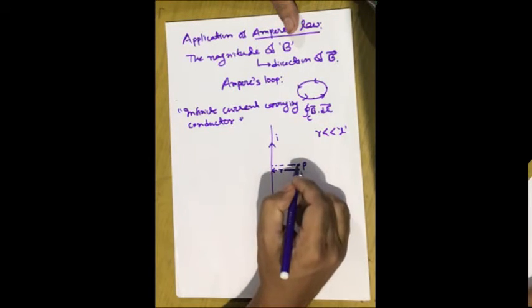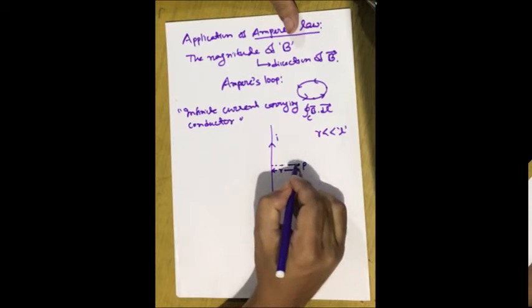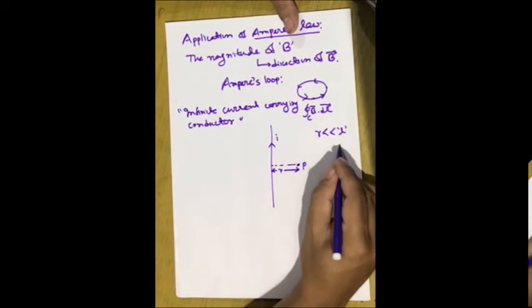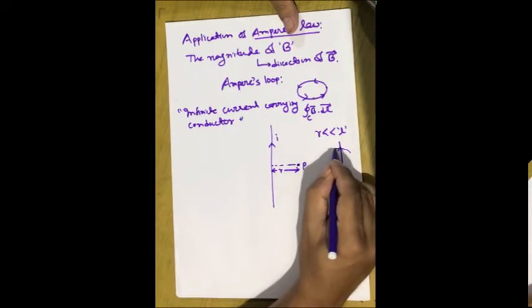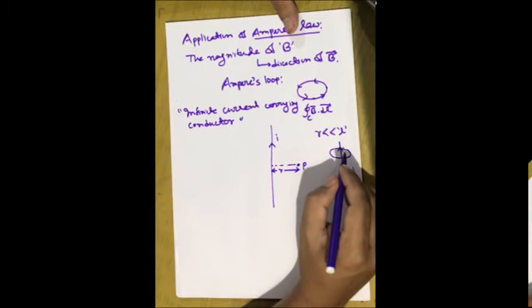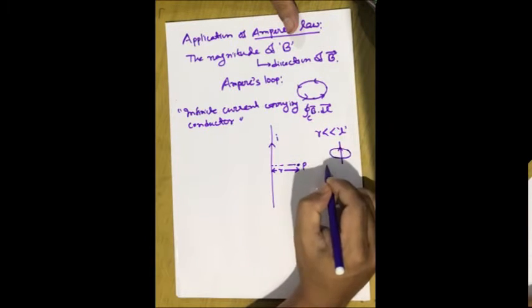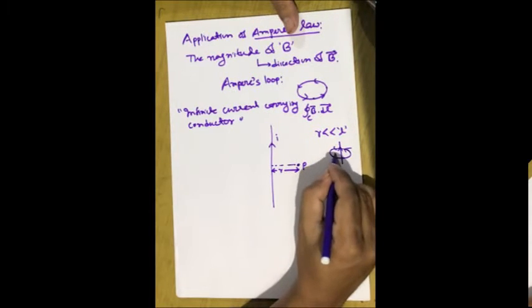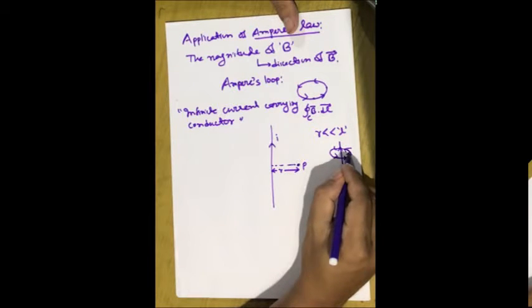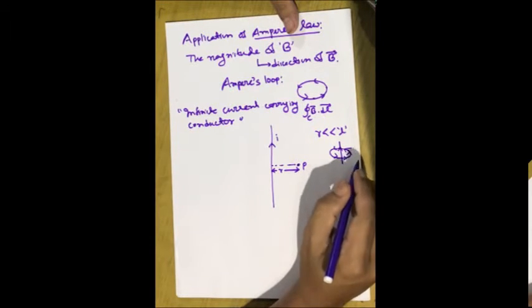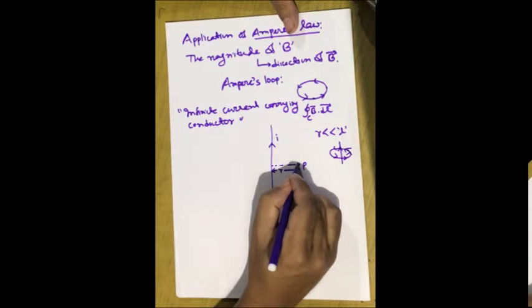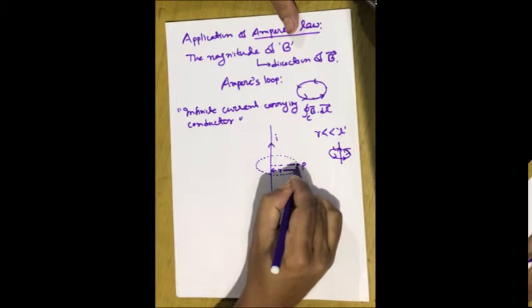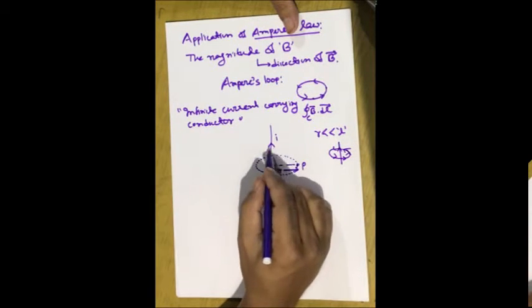So basically here we are going to determine the magnitude of the magnetic field at the point P. As you know, if the current I is along this direction, the magnetic lines of force will be in a circular direction surrounding the current carrying conductor. So the direction of the magnetic field will be like this, and we are going to select the Ampere's loop along the direction of the magnetic field line. So let's first choose the Ampere's loop, and I have put it in a dot symbol so that it becomes easy for you to understand, as this loop is surrounding the current I.